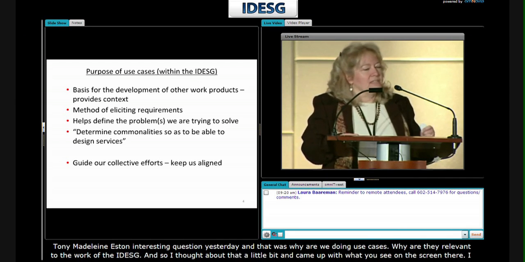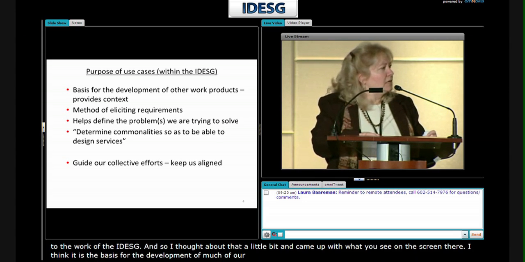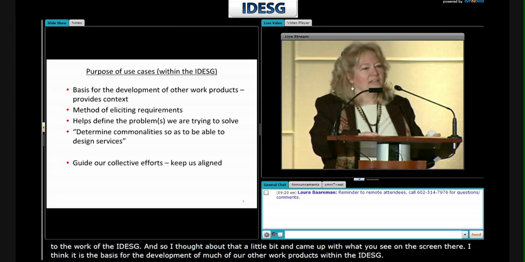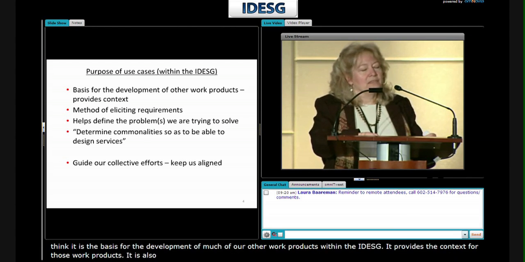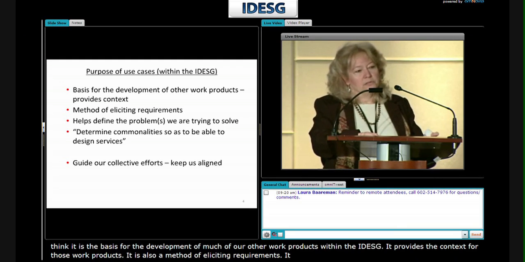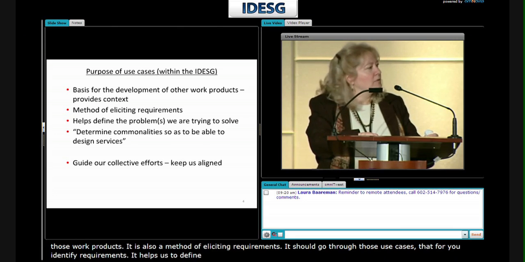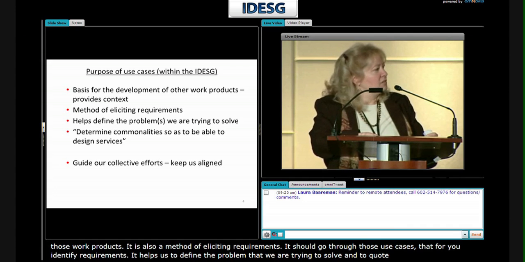I think it is the basis for the development of much of our other work products within the IDESG. It provides the context for those work products. It's also a method of eliciting requirements. As you go through those use cases, that's where you identify requirements. It helps us to define the problem that we're trying to solve, and to quote Dave Temeshuk from yesterday,